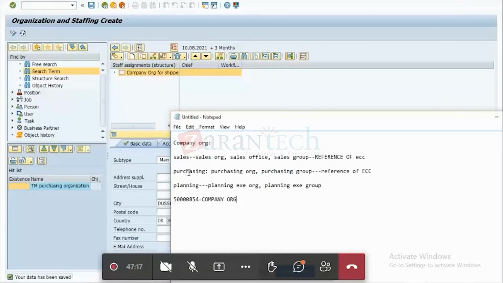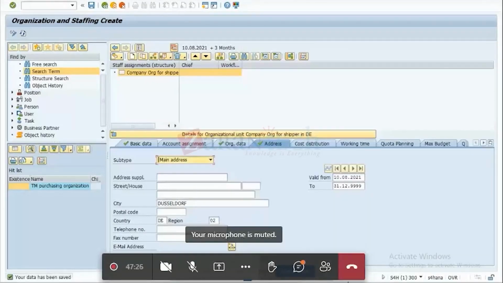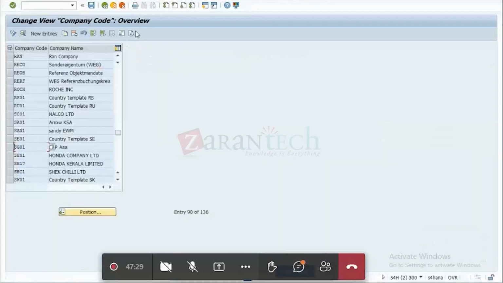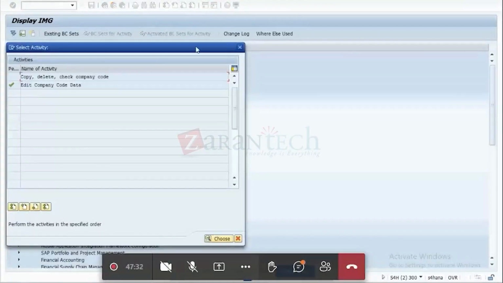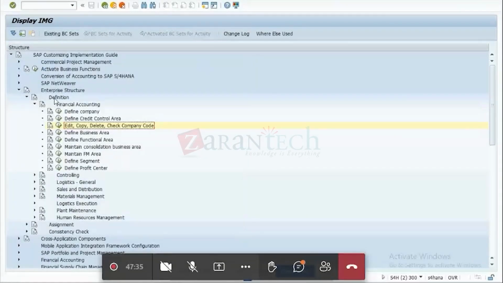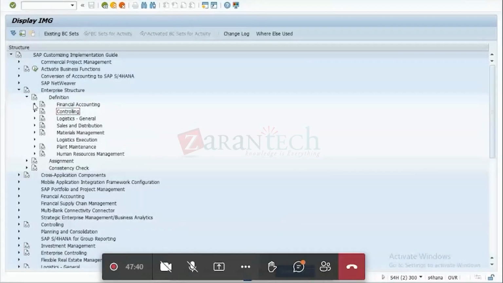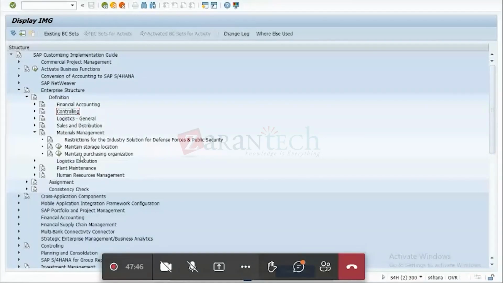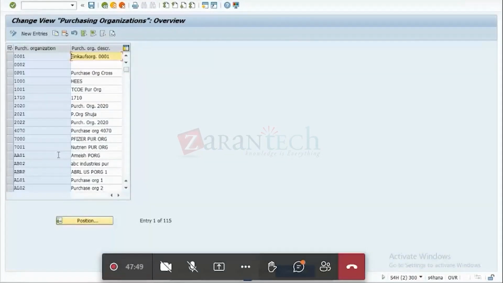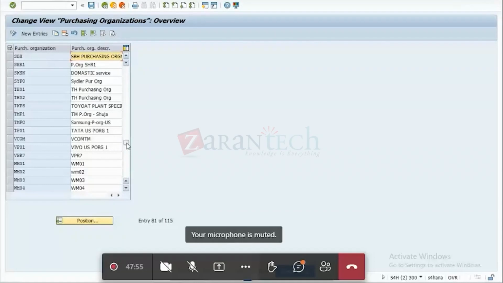When I have to use the purchasing part, I will create one purchase org and one purchasing group. In order to create the purchase org and purchasing group, I again need to make sure that there are some reference units in my ECC logistics structure. As you know, if you go into the enterprise structure under the definition, the purchasing org is covered under logistics materials management, right? Where you can see the purchasing org. So here you need to specify which purchasing org you want to create for your particular transportation process. So if I now go into this,